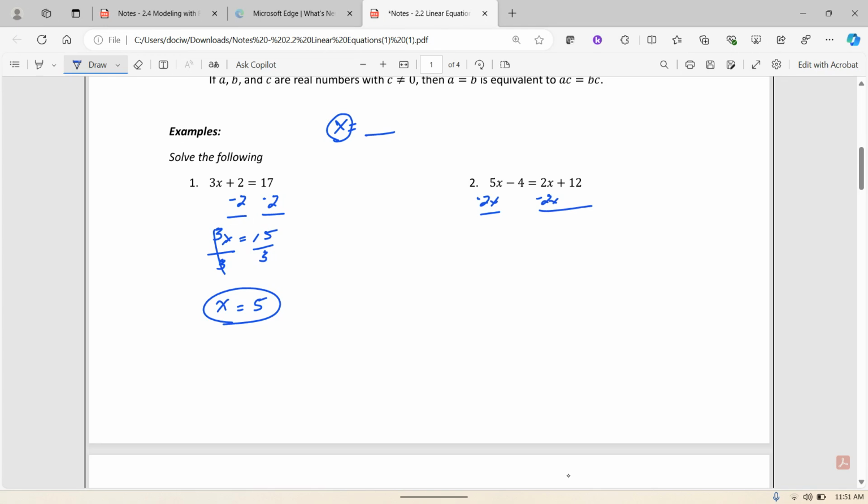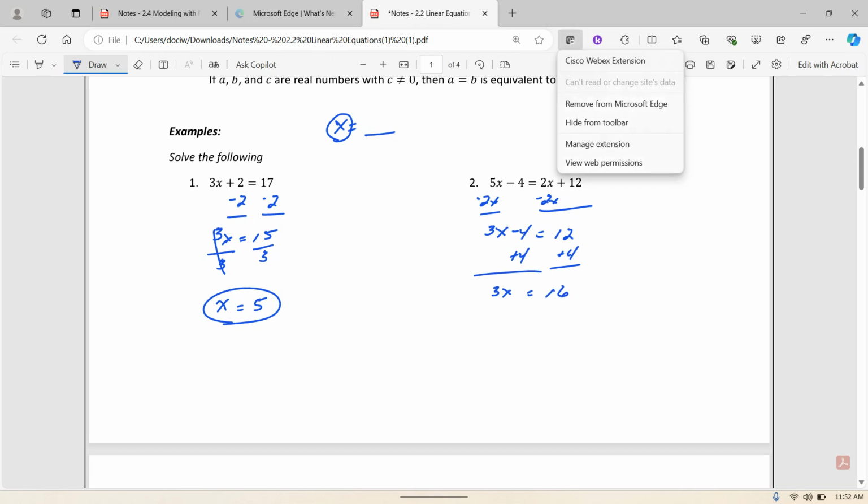So I'm going to subtract 2x from both sides. Notice when I do that, I'm now down to an equation, 3x minus 4 equals 12, which looks very much like number 1. So to undo the minus 4, I'm going to add 4 to both sides. So 3x